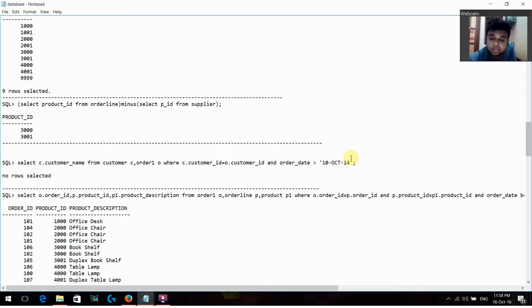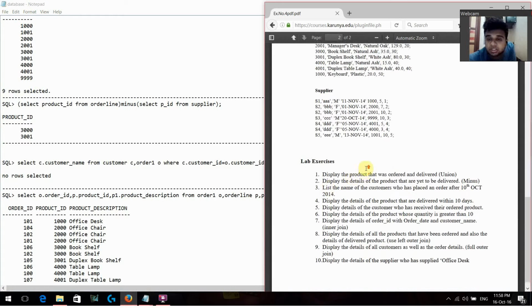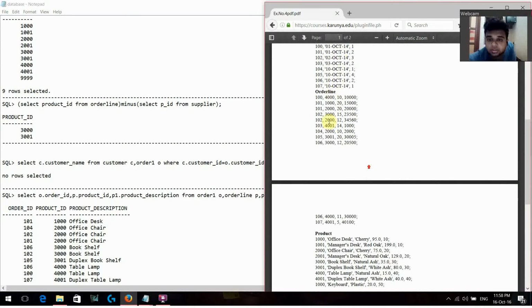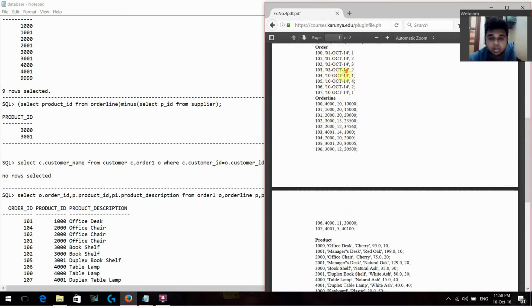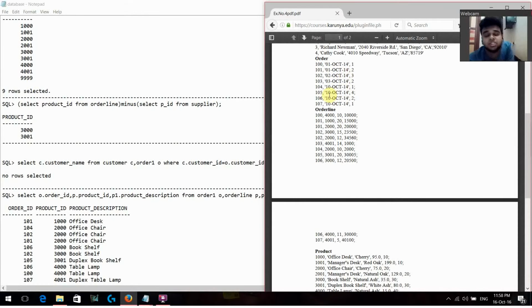So it selects all the rows which have order date greater than 10th October 2014. But if you see in the question, none of the orders given have a date greater than 10th October 2014. So no rows are selected.